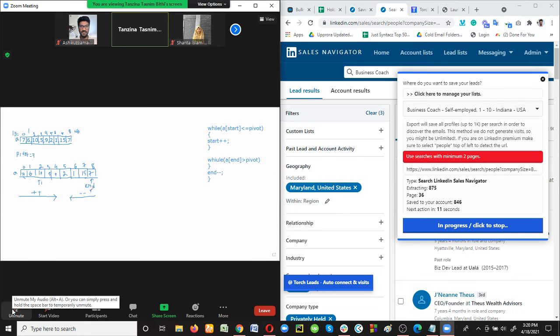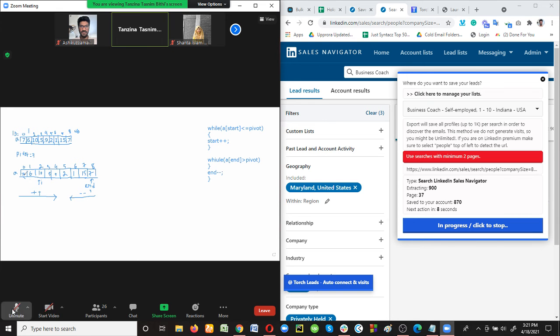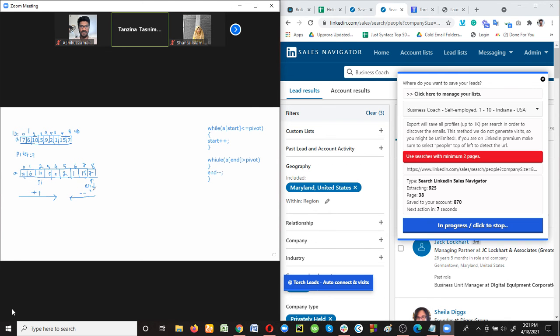There is another pointer end, and its value will be decremented by 1 if that value is greater than the pivot value. Initially end equals 8, and a8 equals 7. Is it greater than 7? No. That means this condition is not true, so we can stop the decrementation process here.